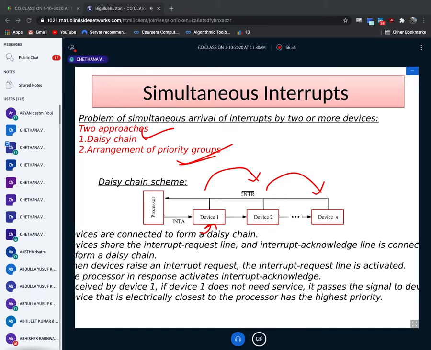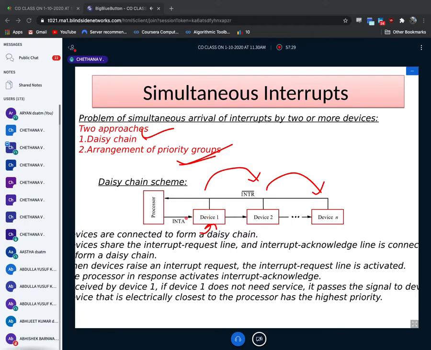Everyone agreed? No. You got my point? First the processor will go, and if there is a request by device 1, it will serve. Even if device 2 requests, it won't serve. Why? Device 1 is requesting, it is nearer to me, I should serve first. So like that, that is what daisy chain is. Devices are arranged in some order. If device 1 is nearest, it will be served. It is not depending on priority as such. Whichever is nearer, that is only higher prioritized. Like that is daisy chain.